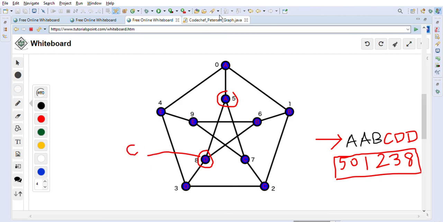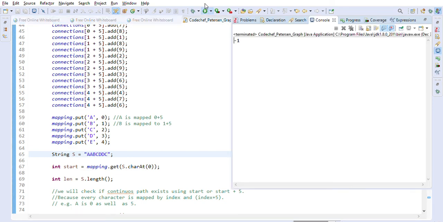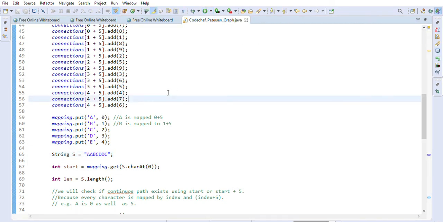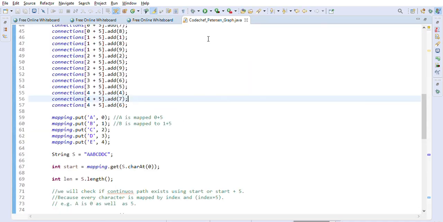So let's try that, because there is no path corresponding to this string. As you can see, it is giving us -1, because after this D we don't have any child with C. Basically the children are A, B and D, but C is not there, so it will give us -1. So this is the way we can solve this Peterson graph problem.